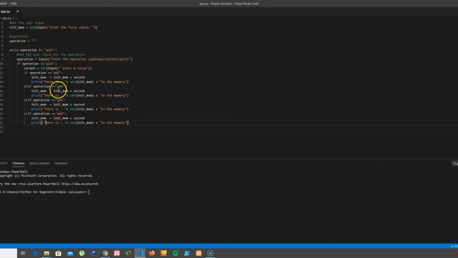So here the first one is add, after that we're gonna do subtract, and that's gonna be minus the initial memory minus the second, so we're gonna subtract that from that, and then we have the multiply, and this means the initial memory times the second, and then we have the division, which means the initial memory divided by the second,